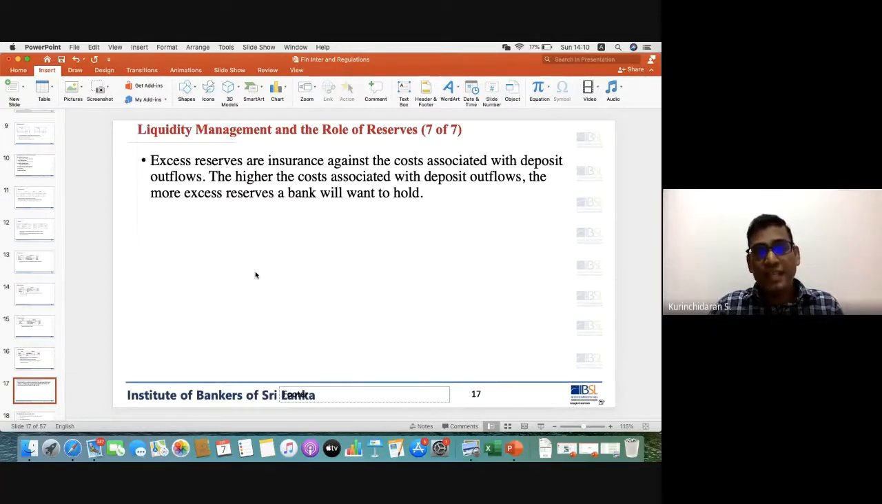What is the level of reserves we are going to maintain over and above the legal requirement? The legal requirement is the minimum, so you can't go below that, but how much you maintain above that is based on your cost of borrowing to offset this reserve outflow. Okay,